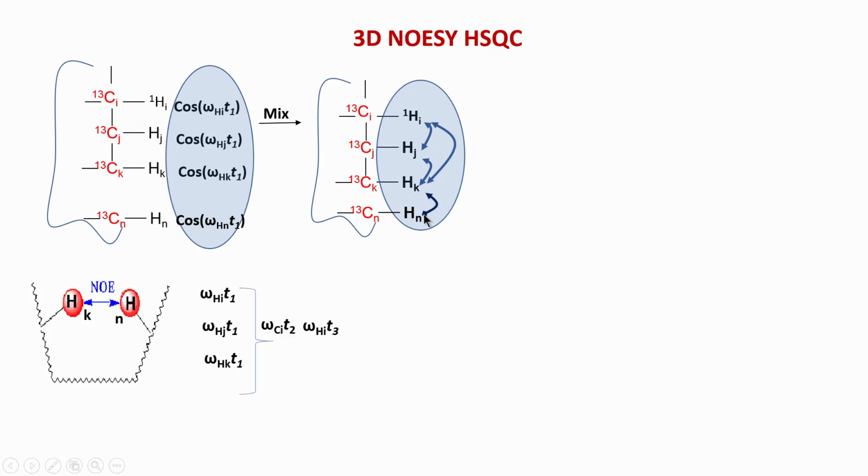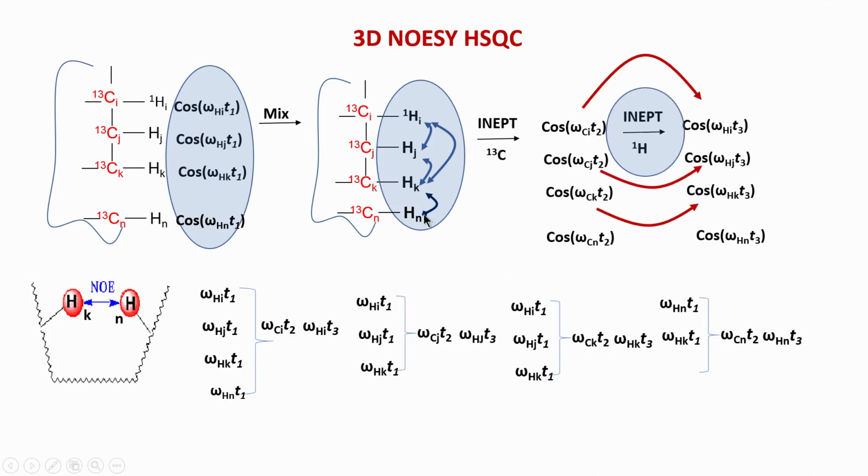Now when we do this INEPT, like earlier, we will also get the chemical shift of Cn, because all the carbons will be excited and then they will correlate to their directly attached proton. This top part was the same as earlier. Now I have added an extra atom because we now have an atom which is far away. There could be many such far away atoms, I am just giving an example.